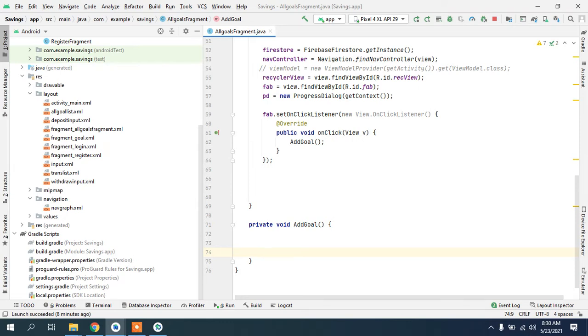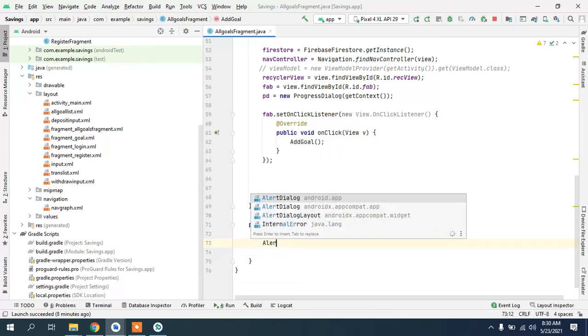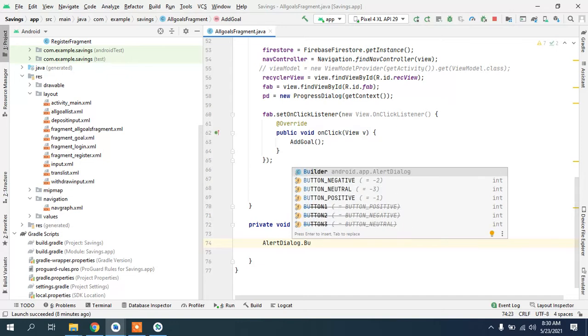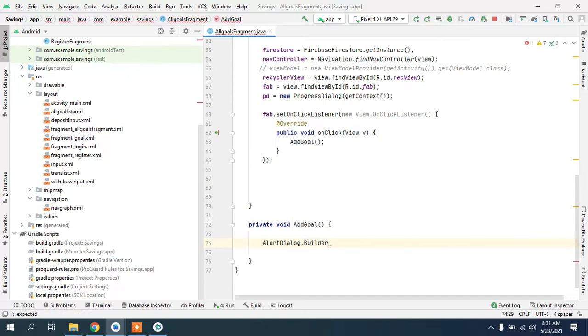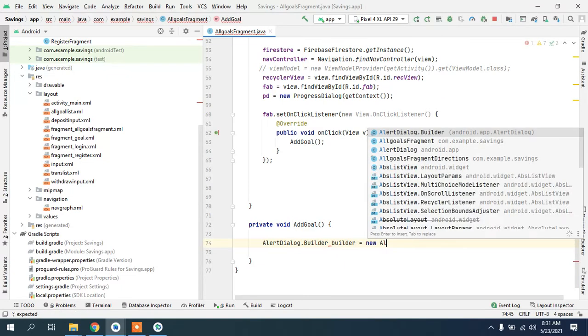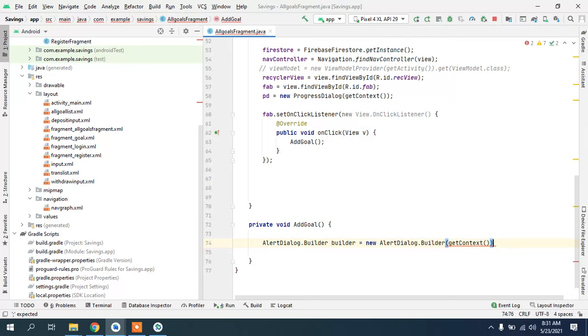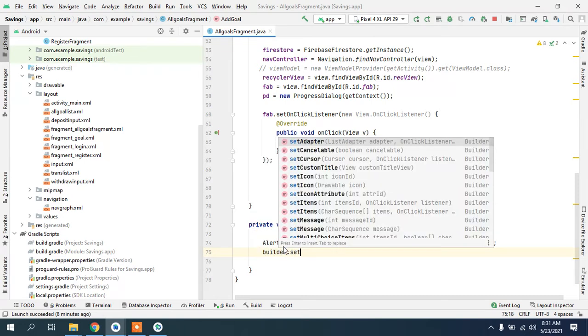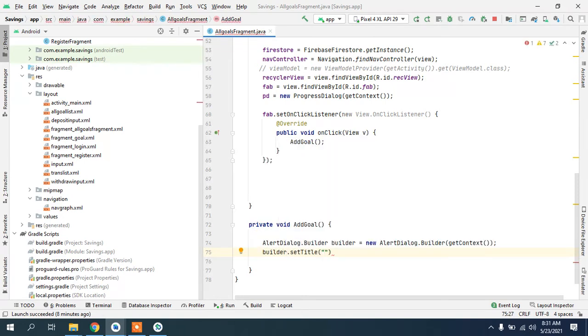So okay, we will use alert dialog builder, and we can name this builder, new AlertDialog.Builder, get context. And here we can give this a title, set title, add a new goal. And if I test this now,